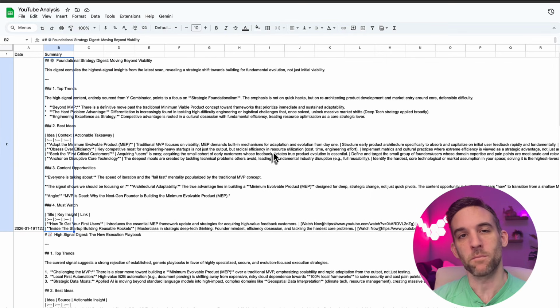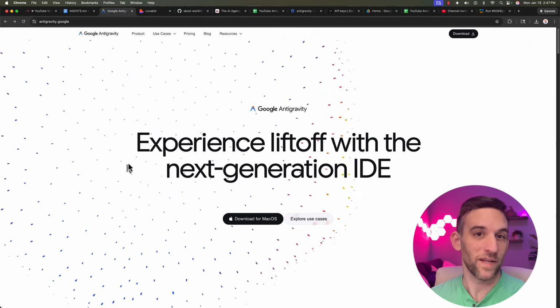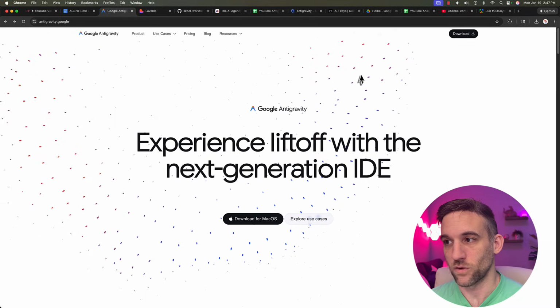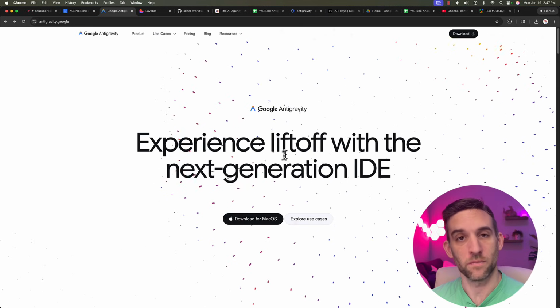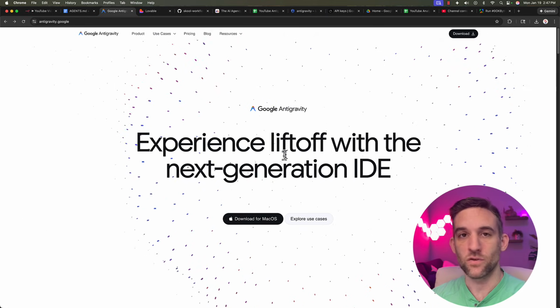And this is great, but my goal today is I want to see if I can build this from scratch, pretending that I have no knowledge of code, and I just want to let Antigravity do all of this for me. So the question is, could somebody do this? Well, first we have to download Antigravity. So this is Antigravity by Google, and what you'll do is just click the download button up here or in the middle, depending on what machine you have, and then you just start running it.